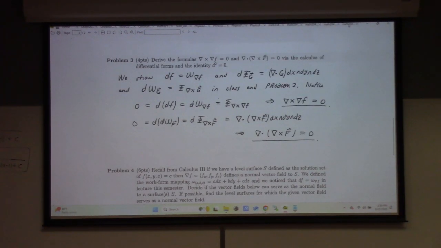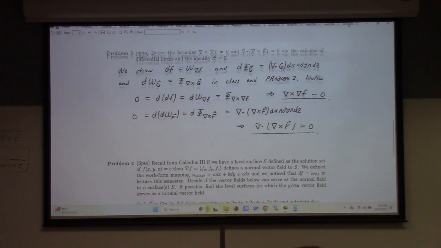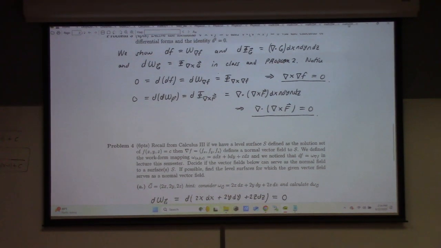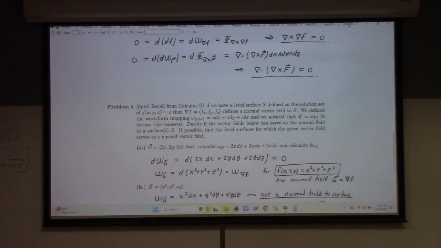This one, problem 3, everyone should have got this. I worked it in class, verbatim, right? We did that in class. I literally did that in class. Problem 4,